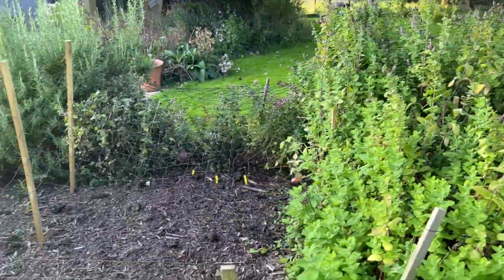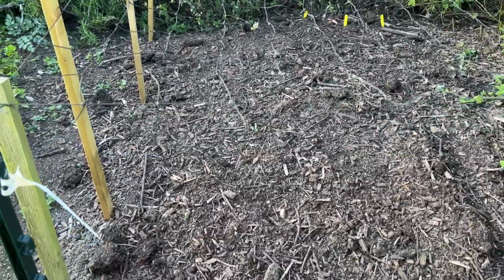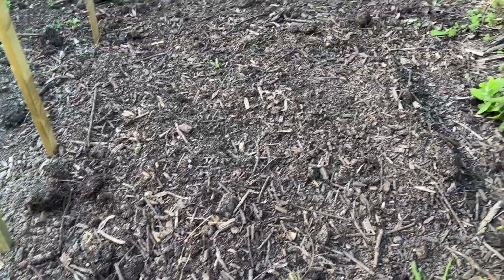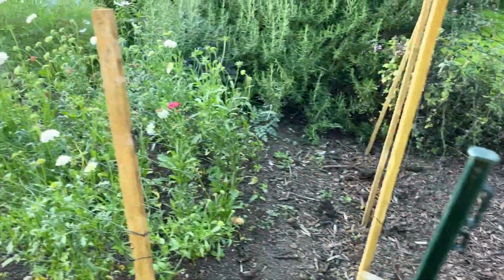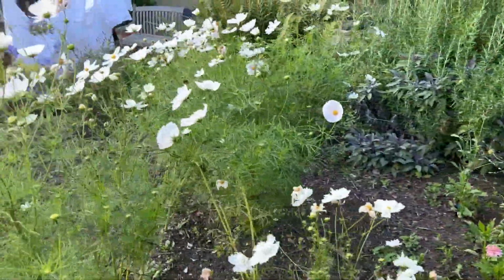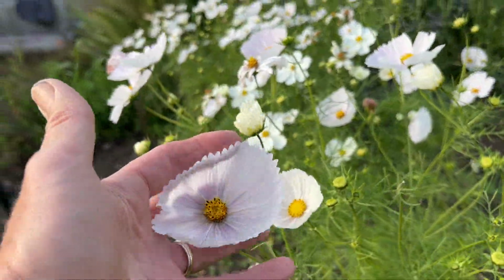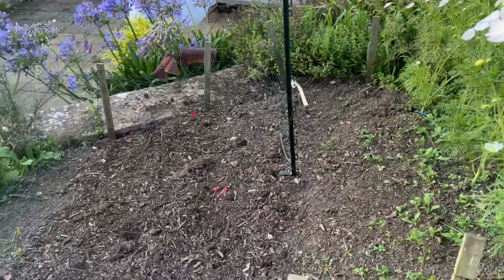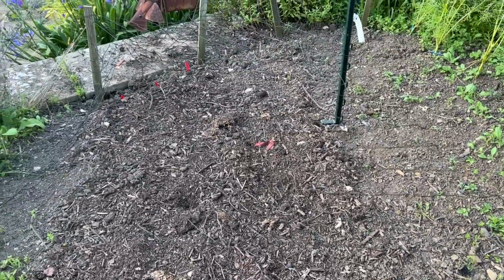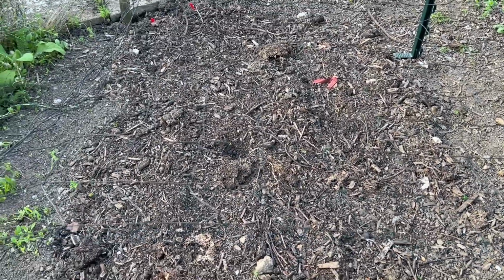Okay, so the cornflower has come out and I have direct sown some nigella just a couple of days ago. Can't see any sign of life just yet. The scabious, little patch of scabious here, looking quite nice, and another little patch of this lovely Cosmos cupcakes. And here's the other patch of nigella, direct sown nigella. Oh, something's been digging. That's not very helpful. Anyway,